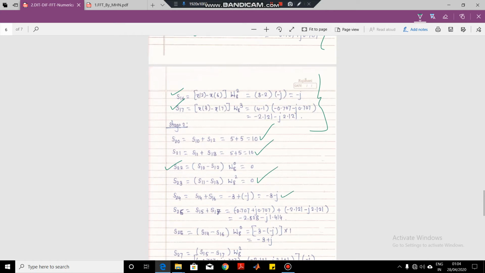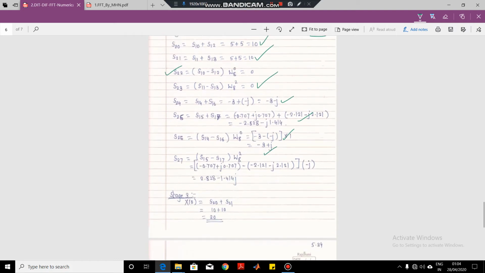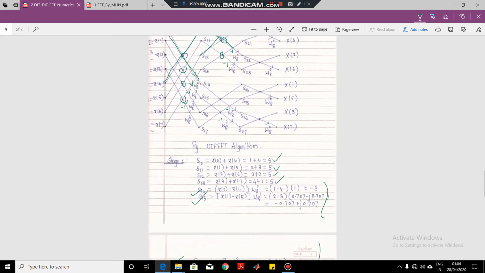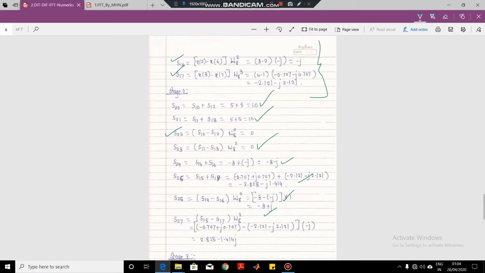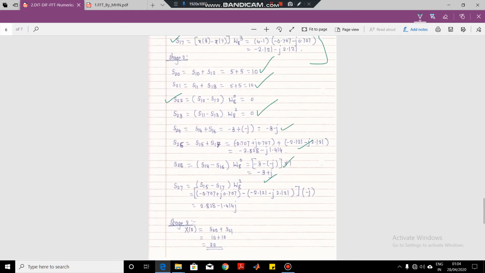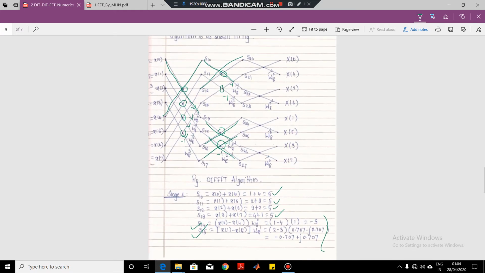This is the output of the first, third, and fourth butterfly, and so on. You have to compute the butterfly outputs in such a fashion, because you have to identify which are the butterflies. This is my third butterfly, this is my fourth butterfly. For each butterfly, there will be one addition and then one subtraction. In this way, after the additions and subtractions, you will get all these outputs. So these are all the outputs of the second stage.